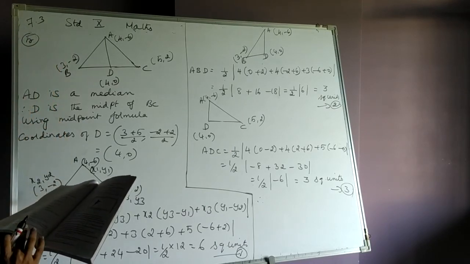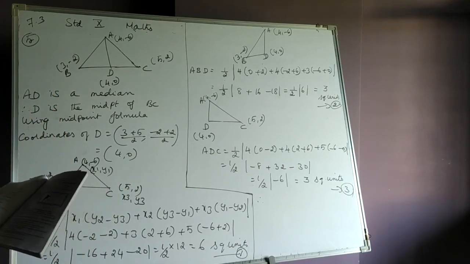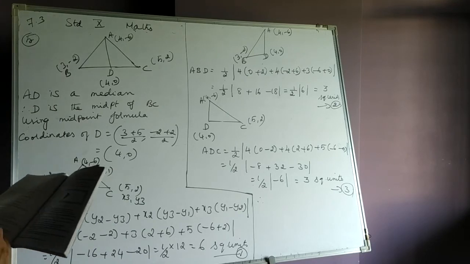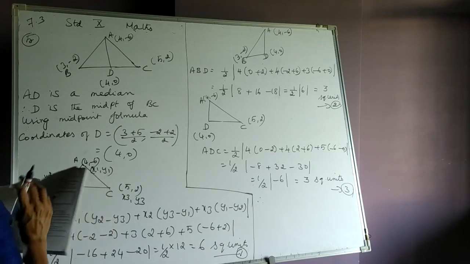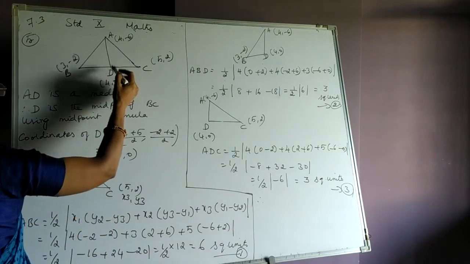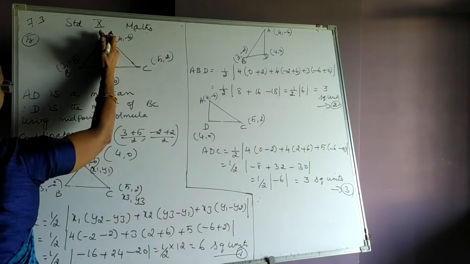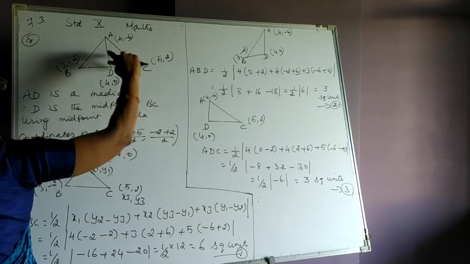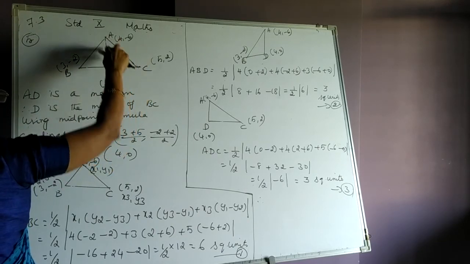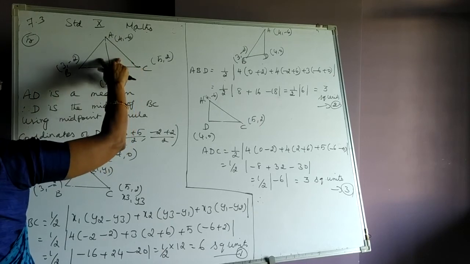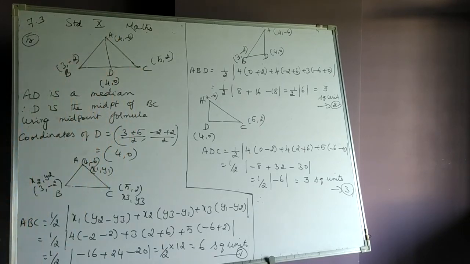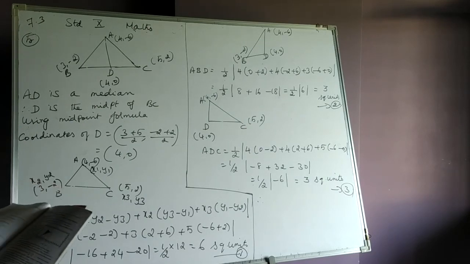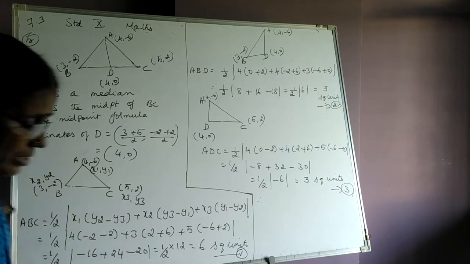But we are asked to find the area of the quadrilateral, which is the sum of the areas of ABC and ADC. What is ABC? We have 10.5 plus here it is 17.5, which is equal to 28 square units. Hope you understood. Previously we had a single triangle, but here we have two triangles, that's all. So calculate the area of each triangle, add, and that becomes the area of the quadrilateral.